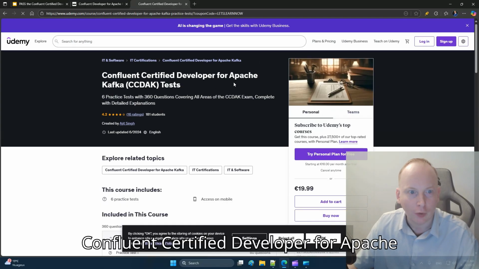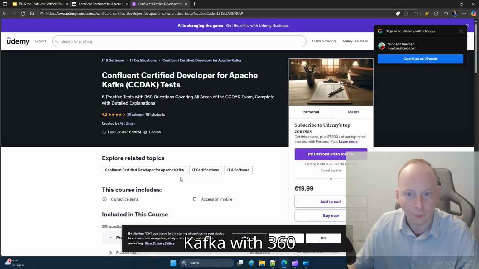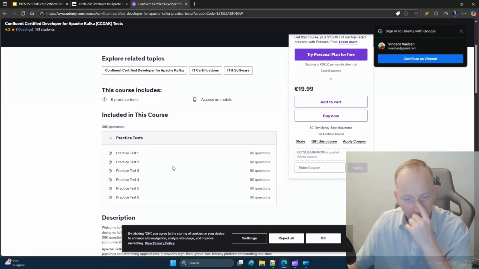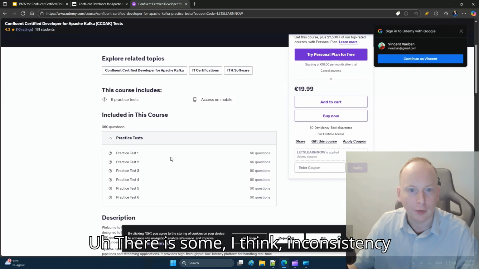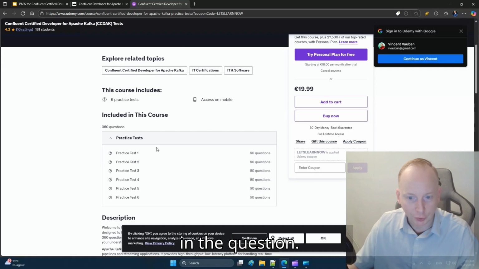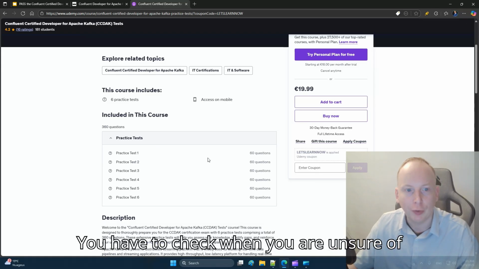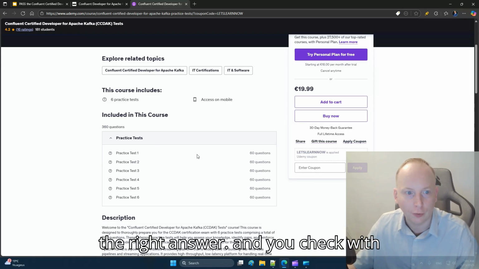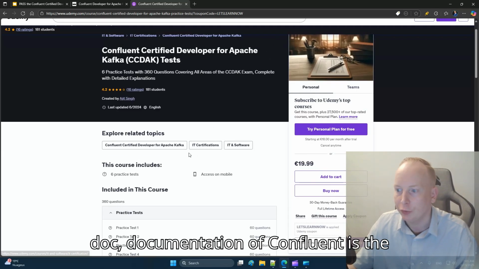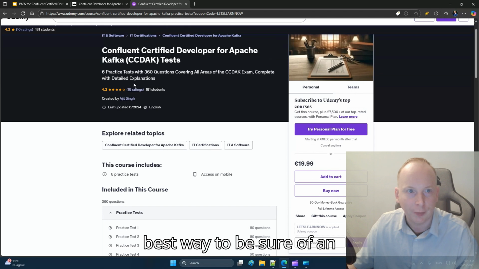Confluent Certified Developer for Apache Kafka with 360 questions, but the same. There are some, I think, inconsistencies in the questions. You have to check when you are unsure of the answer, and you check with ChatGPT, or if you are able, check in the documentation of Confluent. It is the best way to be sure of an answer.